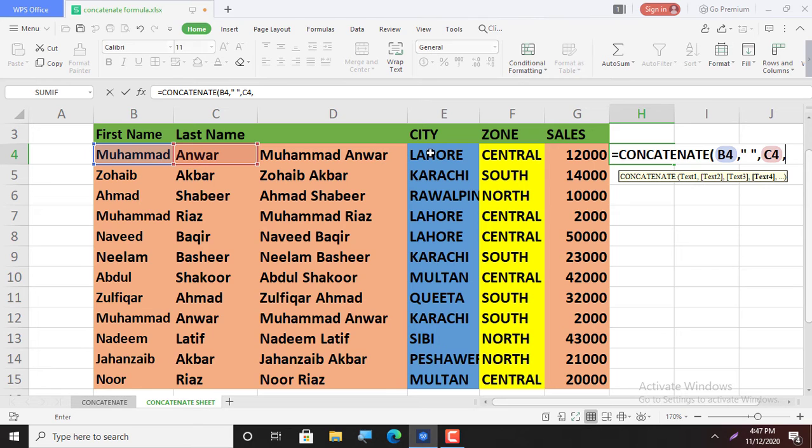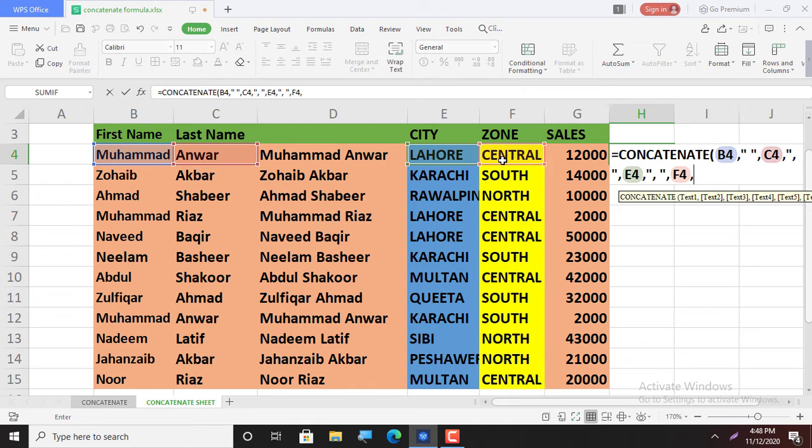Now if I want to have this value after that, I will simply select this value. But before that, if I want to separate them with the help of commas, what I will do is again put inverted commas, comma, give a space so that the next value starts with a space, then close the inverted commas, comma, the value of the next cell, comma. Again before giving the next value I have to give a comma and a space. For that I will put inverted commas, then comma, a space, inverted commas close, comma, put my next figure,